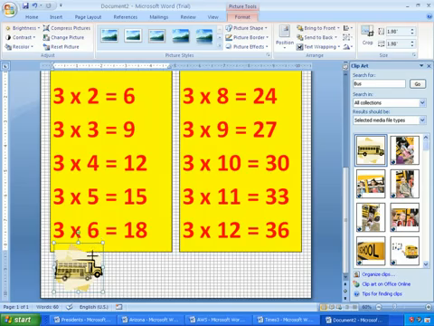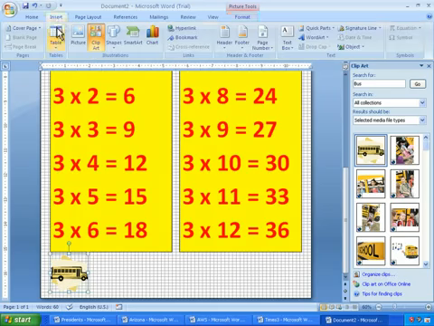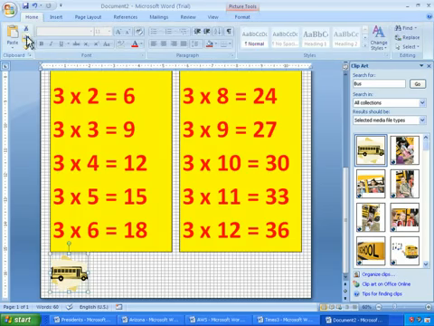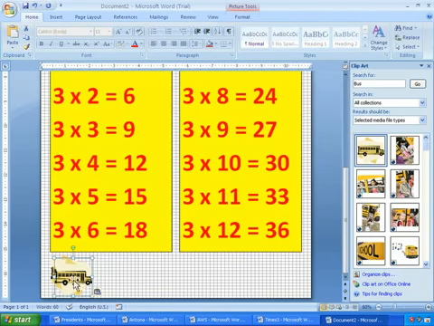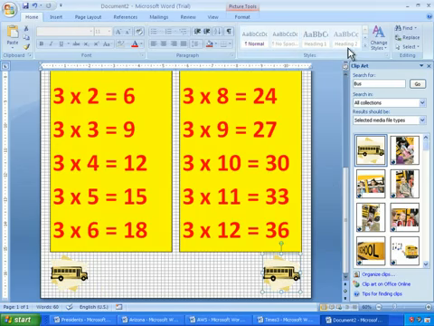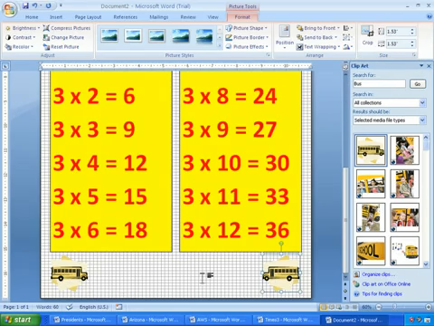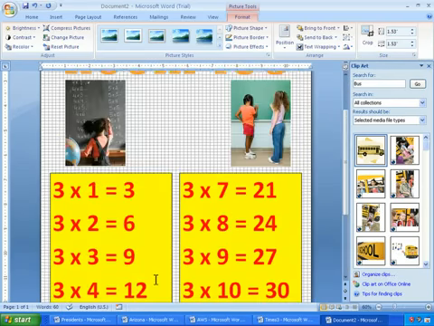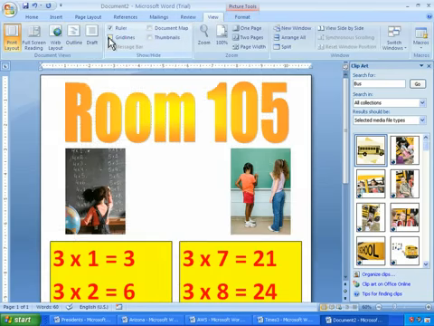I'm just going to resize a little bit. That looks good. Move it over. And I'll go ahead and copy and paste. So I click on copy, click off of the bus, click on paste, and there's the second one there. I'll just move the second bus over. And when it's highlighted, I'll go into Format and I'll select flip horizontal, so that way both buses are facing each other. Okay, I'm going to take these gridlines off, so I'll just go to View and take the gridlines